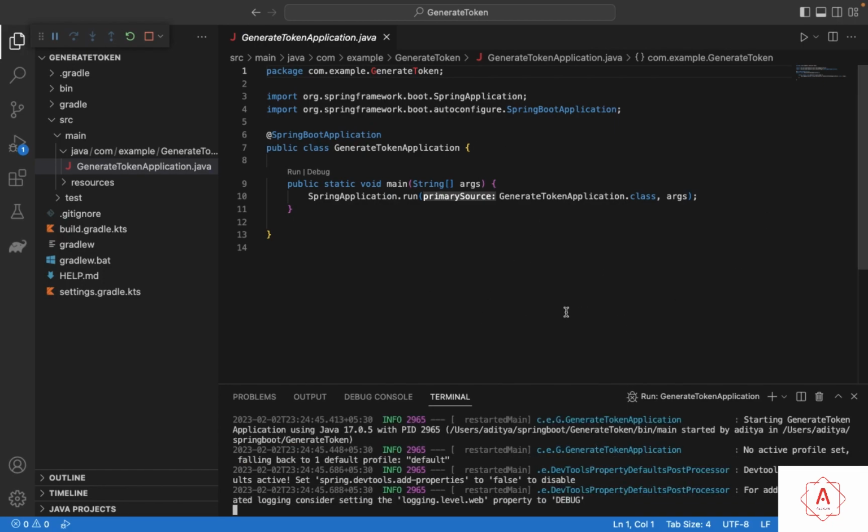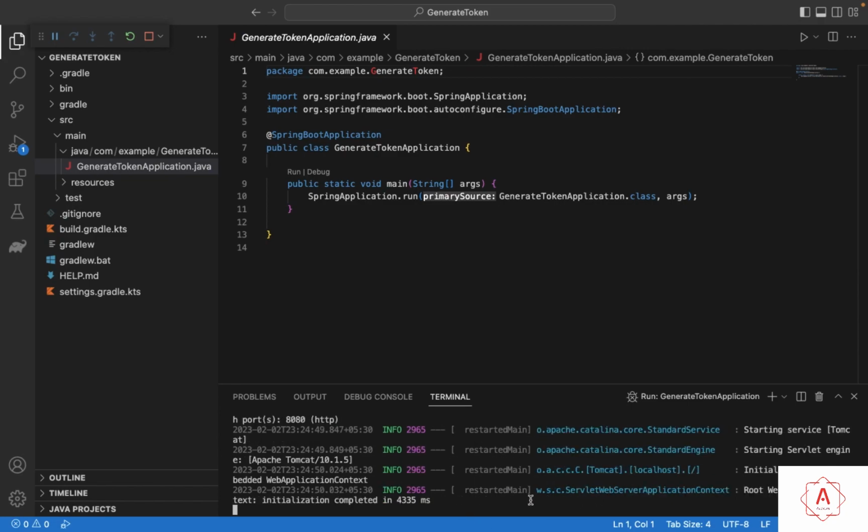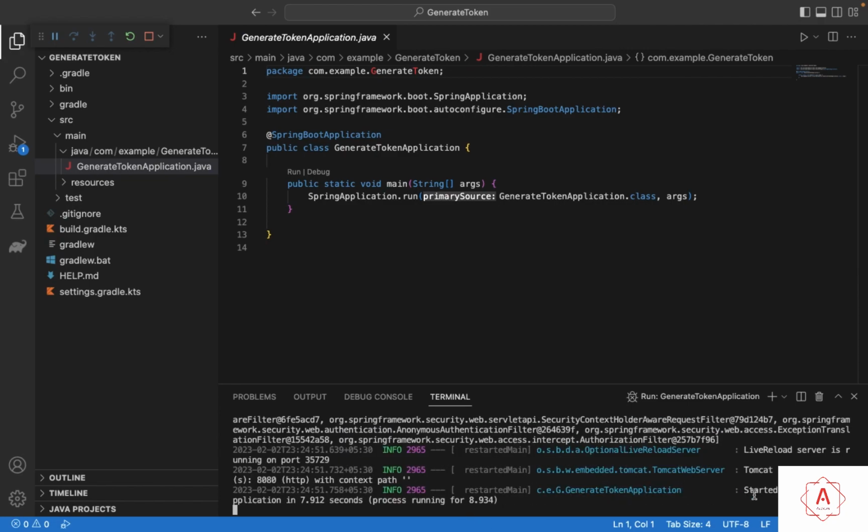Now if you run this, you can see Tomcat started on port 8080. It is the default port for Tomcat, and basically Tomcat is the built-in server in Spring Boot. So we don't add an external server for that. This is the beauty of Spring Boot. It gives us that Tomcat server, and it is running on port number 8080. So if we open it in our browser,